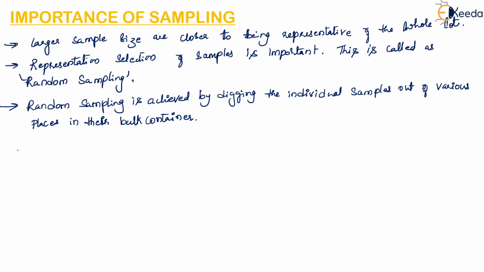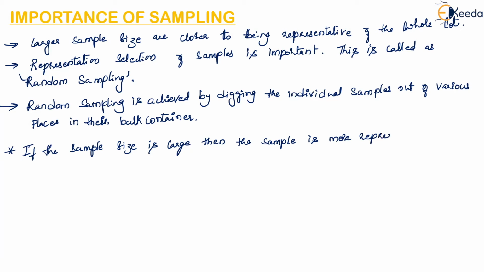So from this we can understand that the larger the sample size, the more representative the sample is of the lot from where it has been drawn. But there will be one disadvantage of this type of sampling, which is to avoid 100% inspection and reduce inspection time and cost to a great degree. So if the sample size is large, then the sample is more representative of the lot. But the disadvantage is that